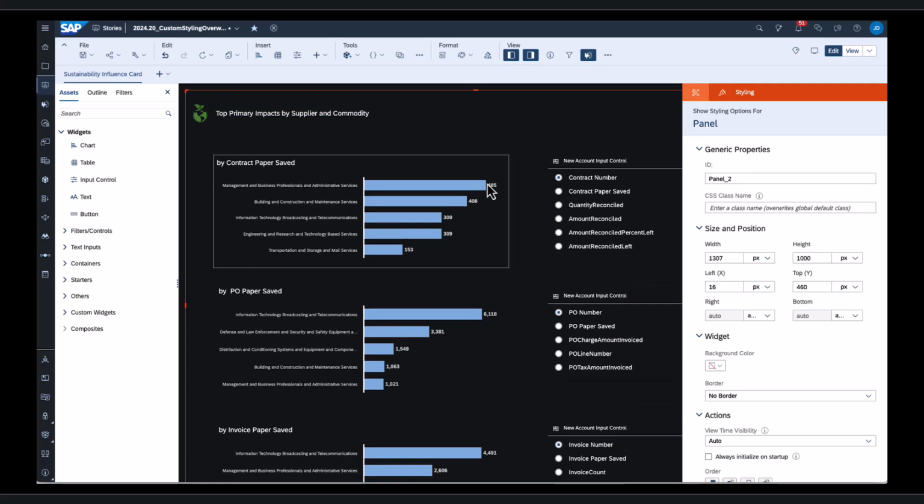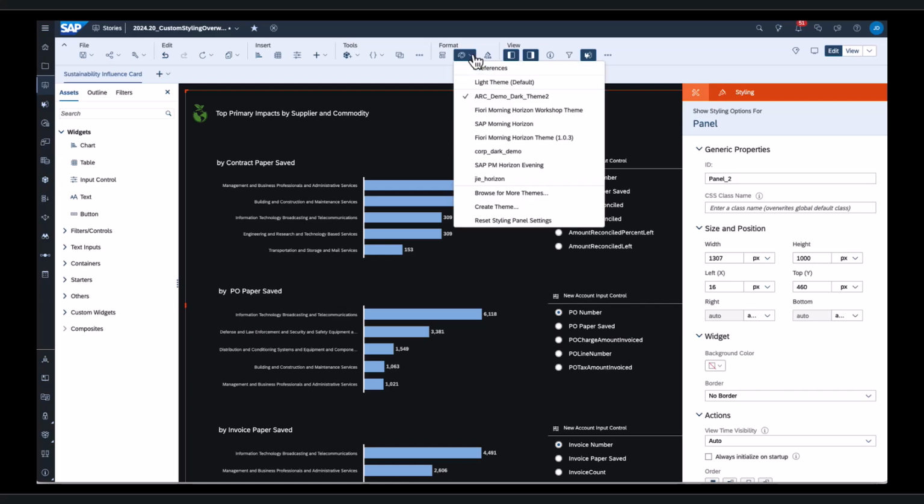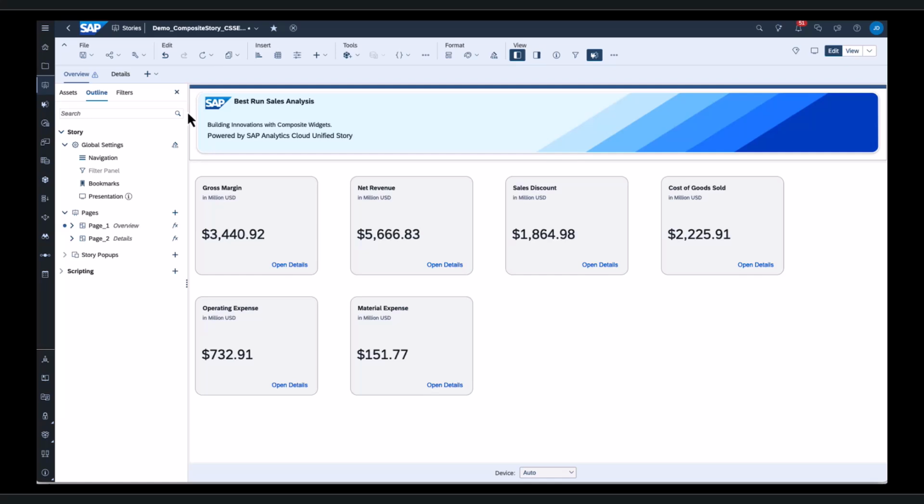Now we can see that this really saves a lot of your time, and it is much more convenient and easier to apply a theme to your existing story, and to make all the stories in your company have a corporate identity through this theme capability. Okay, and last but not least, the feature I would like to show you is the